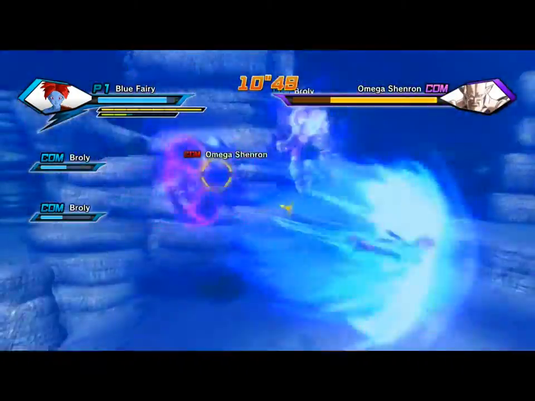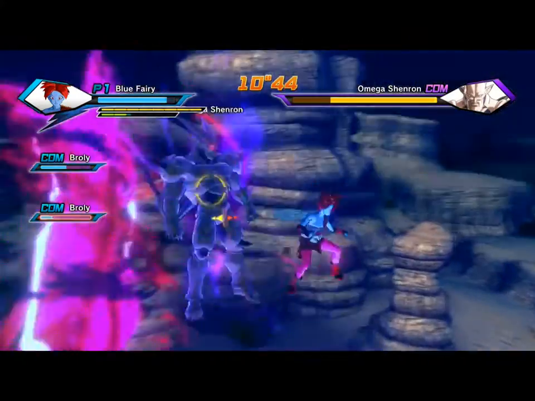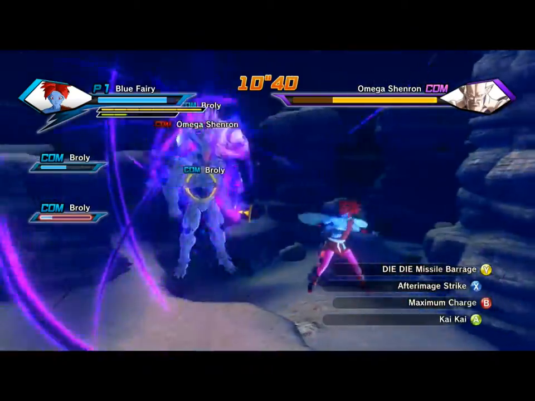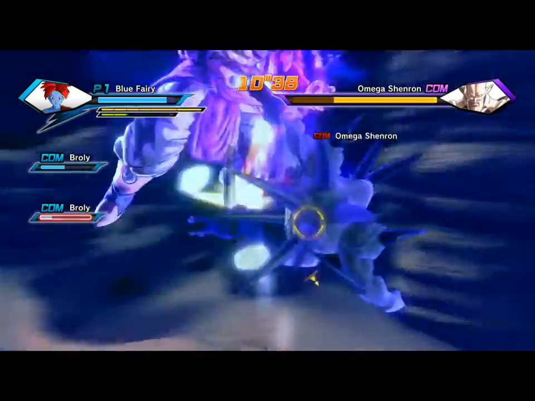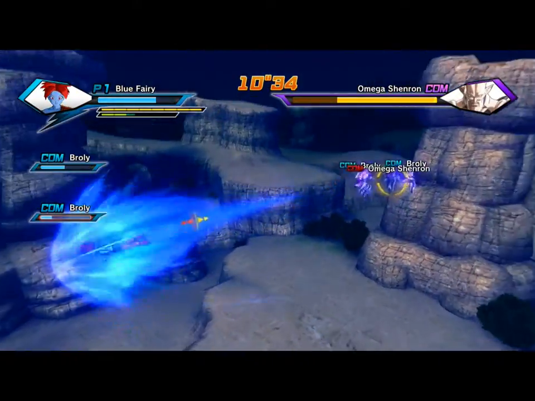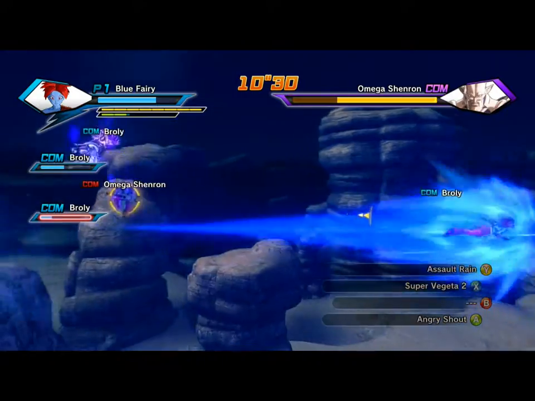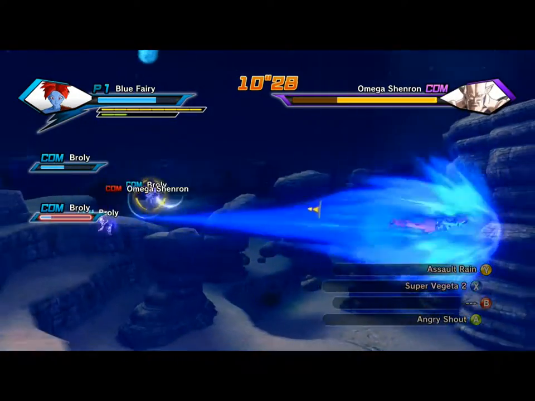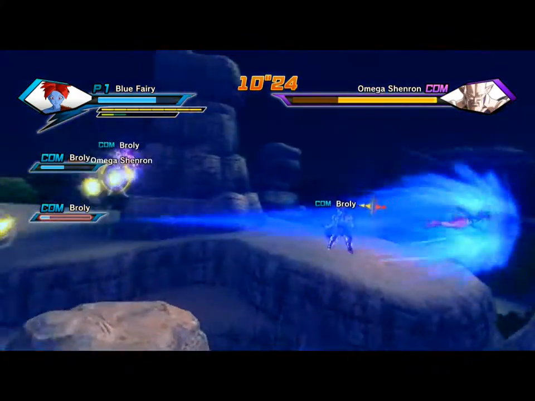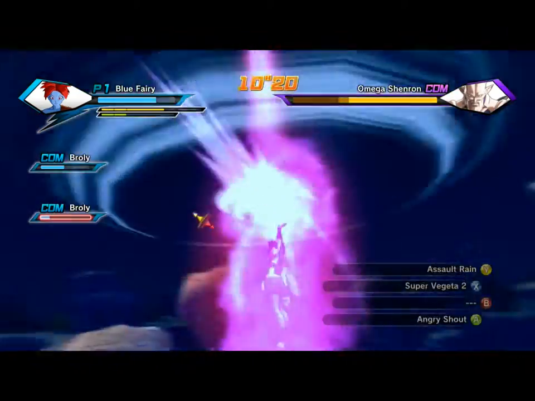And if you're playing in PvP, even though this is a PvE build video, if you wanted to teleport to your allies instantly, you would be able to do that with Kai Kai. It's the only one that beats instant transmission as far as just getting to your enemy as quickly as possible. So as soon as you charge up your ki all the way, use Kai Kai and lock onto the enemy